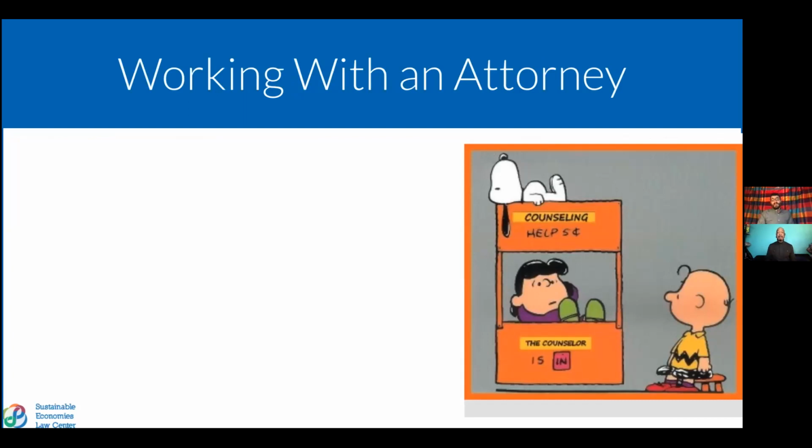Okay. So it's very important that when you're looking for an attorney, you find an attorney who understands your values and what you're trying to accomplish. For me, sometimes I think of an attorney sort of like a therapist or a counselor. They should be asking questions to get you to surface what's important to you, trying to understand the factors that will impact how you navigate, in this case, the law. They should help you articulate what it is that you want, and help you put those things into usable tools that you and your cooperative can understand and use moving forward.